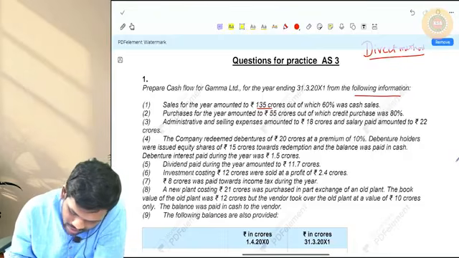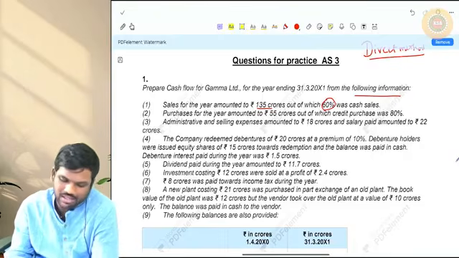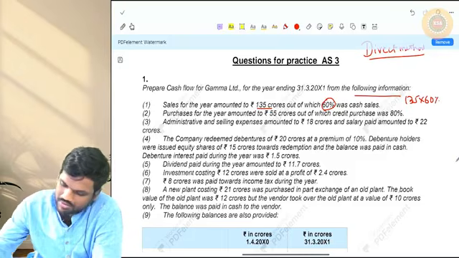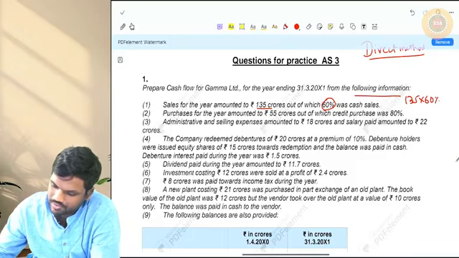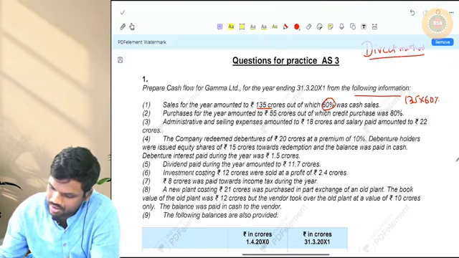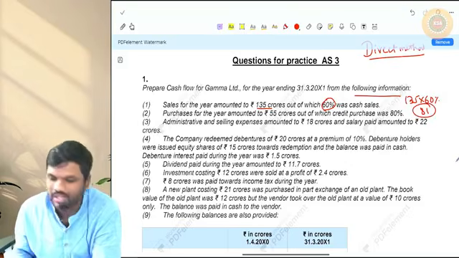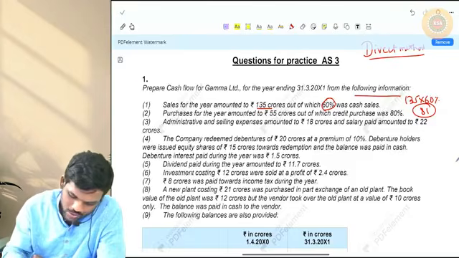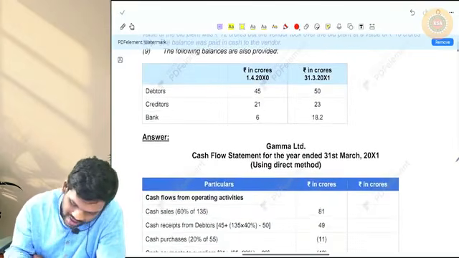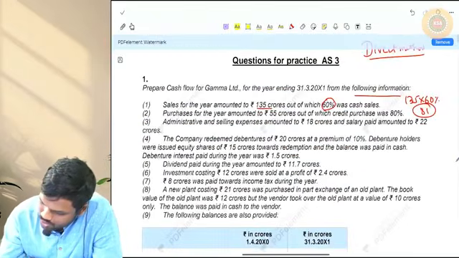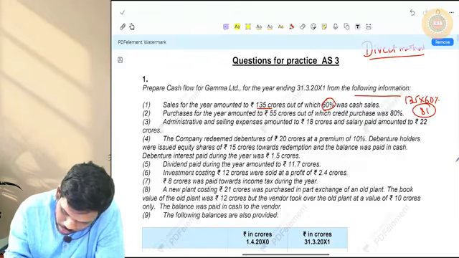Sales for the year is 135. Out of that, 60% is cash sales. So 135 into 60%. Let me get a calculator. So 81 is cash sales, which is obviously a cash inflow. So that will be taken first itself in your cash flow statement. Remaining 40%, which is 54,